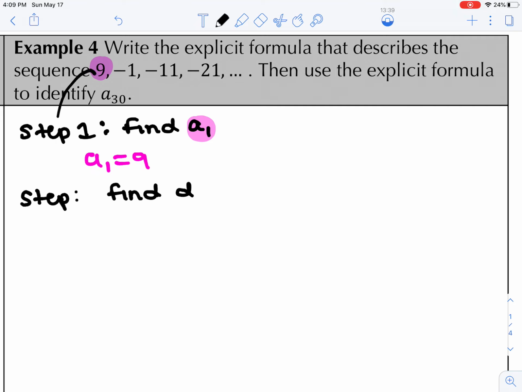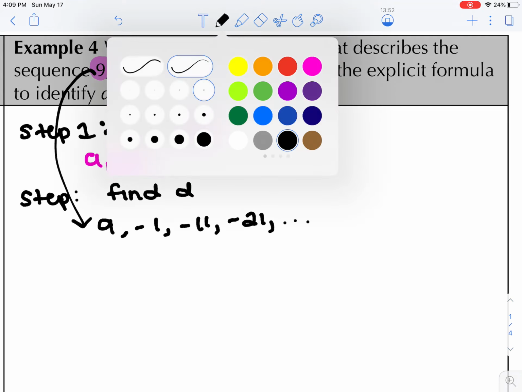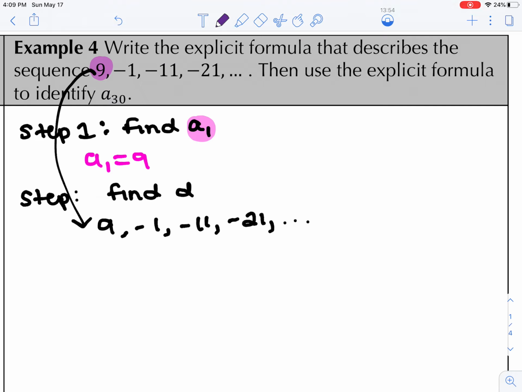Like I did before, I'm just going to copy this sequence down to give myself a little bit more room. We have the sequence 9, negative 1, negative 11, negative 21, and then this continues indefinitely. So in looking at that and also copying it down, I see